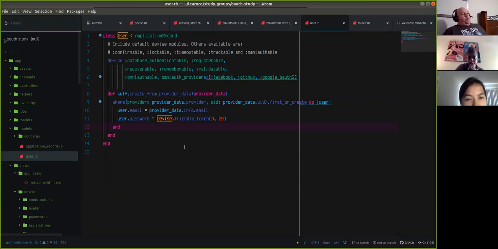All right, so we're going to create a method. Everyone pretty comfortable with what self means in methods? Okay, I'm afraid you should be by now. So we're going to call this on self. We're going to create from provider data. So that's what all this is, all the stuff we've been doing. Then we're going to search that provider column that we created in our table for the provider data's unique ID column. Remember we made that. We're going to grab the first, or we're going to create one,